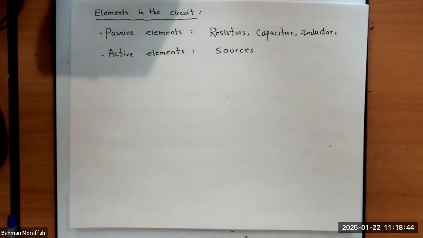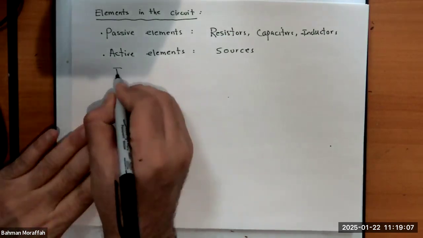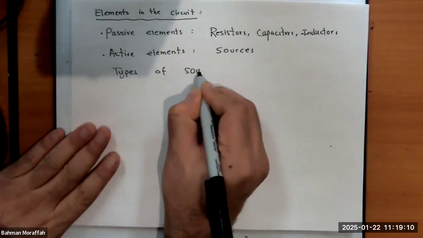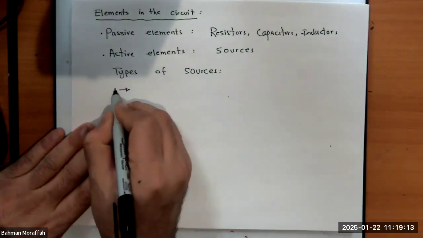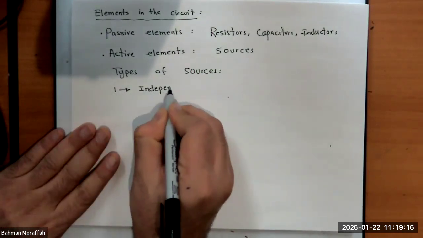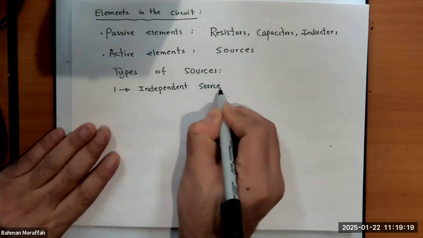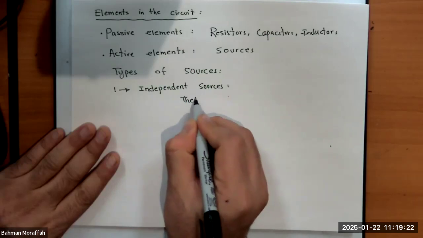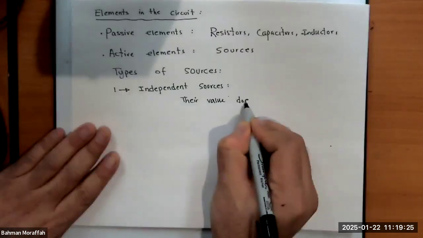Independent sources are the sources whose value has nothing to do with anything else in the circuit. The value can be time varying. The value can be DC. But what's important here is that the value does not depend on anything else in the circuit. So we have types of sources. The first type is independent sources, which means their value does not